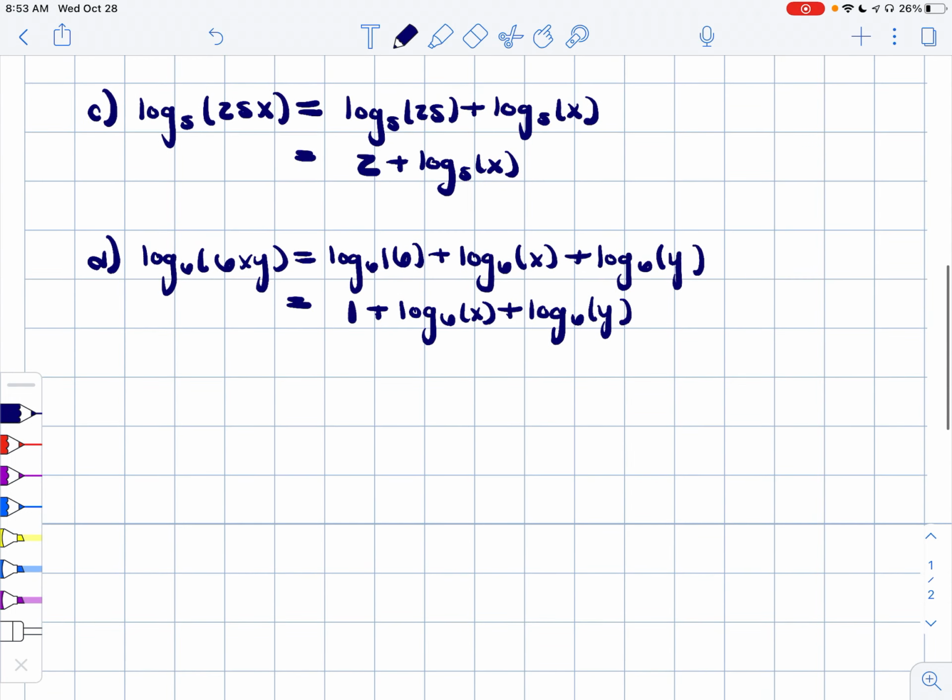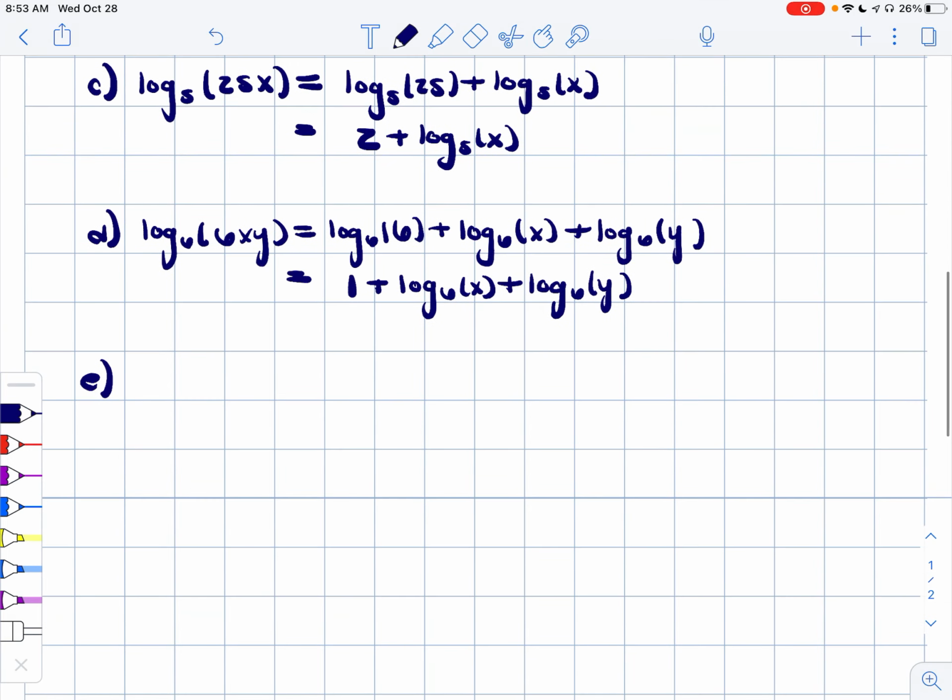All right, let's do a couple more. Say we have the natural log of 6x. Again, a product. So we're going to split this as the natural log of 6 plus the natural log of x. Now here, remember our natural log has a base of e,